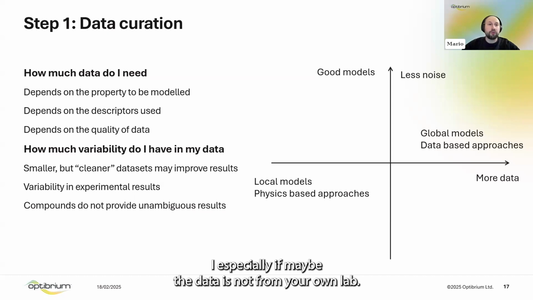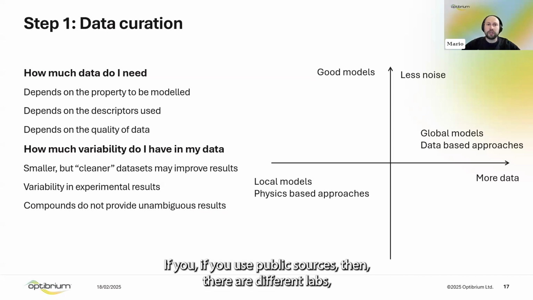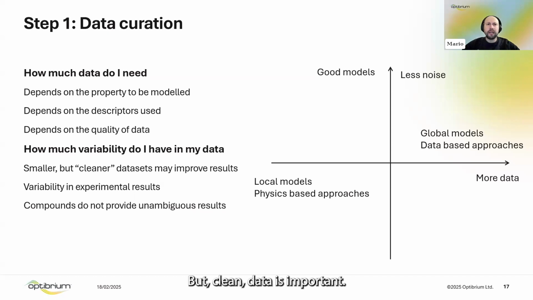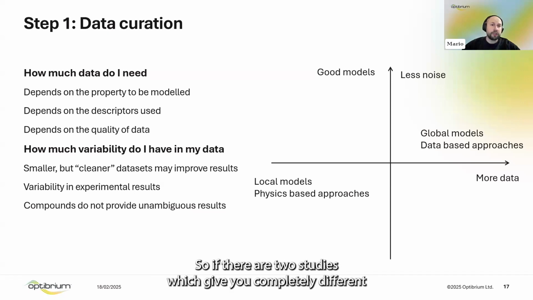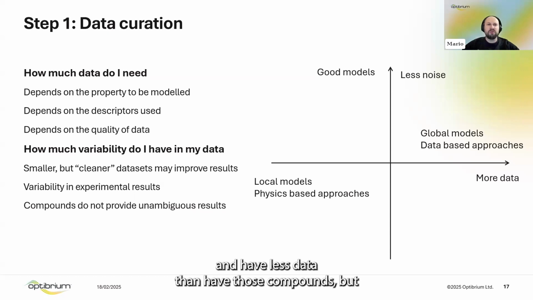Especially if the data is not from your own lab. If you use public sources, then there are different labs, they have different experimental protocols and so forth. But clean data is important. And one of the things which I always do is I remove compounds that are ambiguous. So if there are two studies which give you completely different results, then it's better not to have those compounds and have less data than have those compounds but have noisy data, which probably makes the signal worse